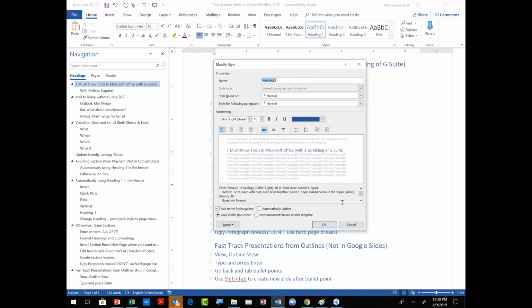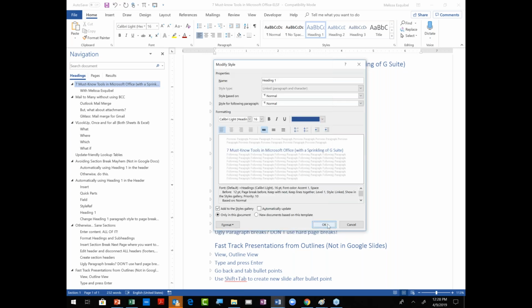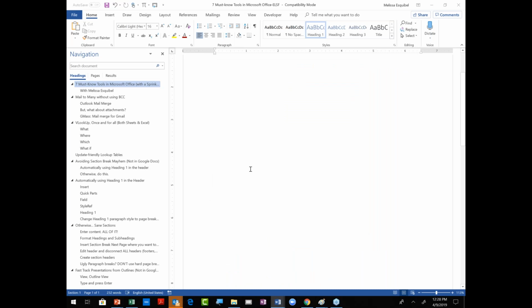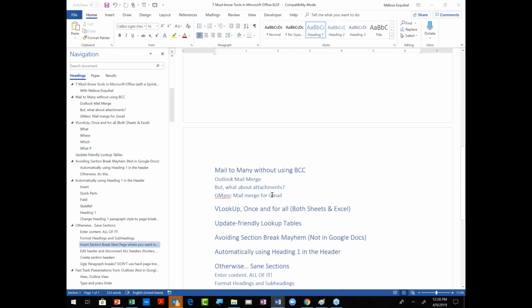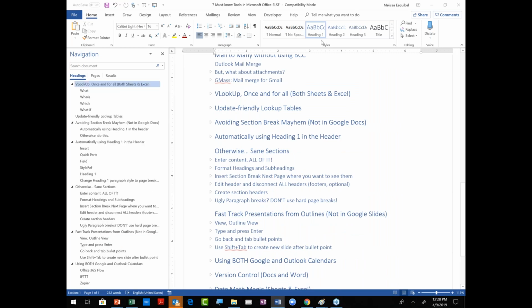I'm going to ignore all the stuff that I don't know about and come down here to a format button. Format paragraph. Done that before. And I'm going to make this a page break before. Now you're going to see something magical happen to the document. It now has every heading 1 on its own page. So she says with a grin,